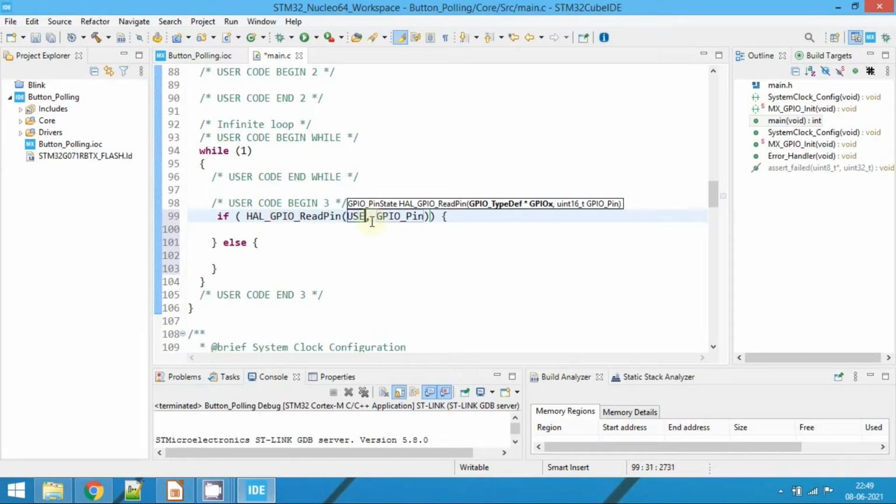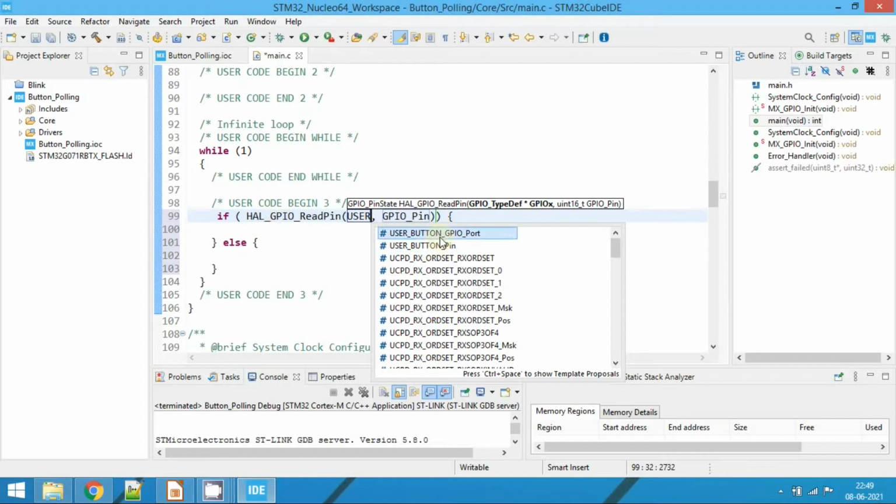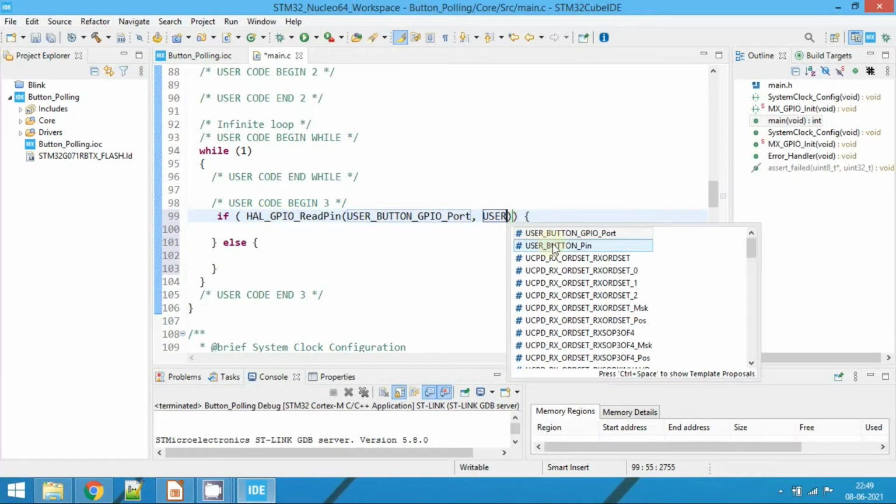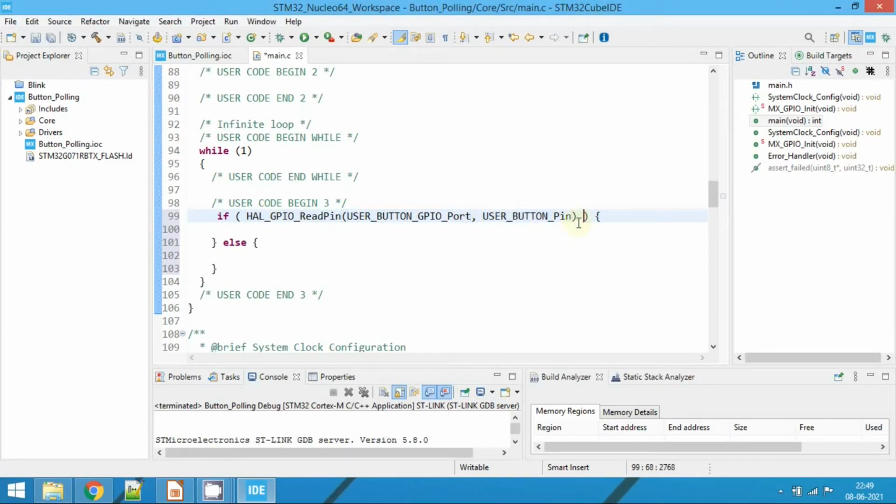So you are going to read the button, user button port, and here we need to provide the pin, that is user button pin. And if this is equals to, we need to look for the logic 0, that is GPIO_PIN_RESET.